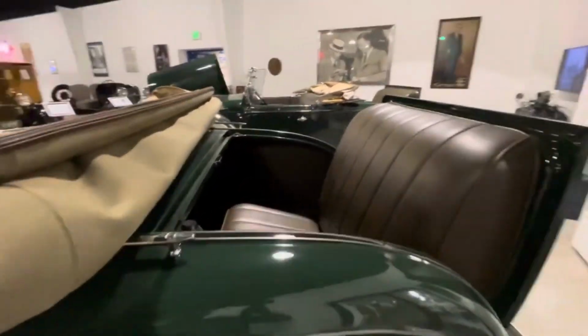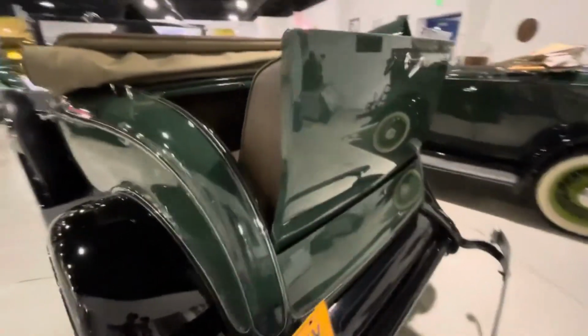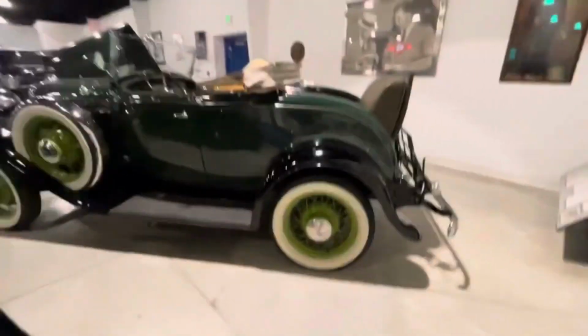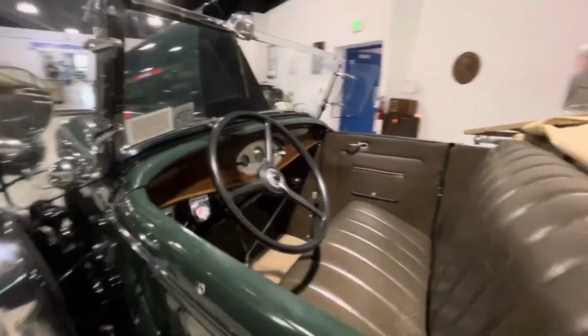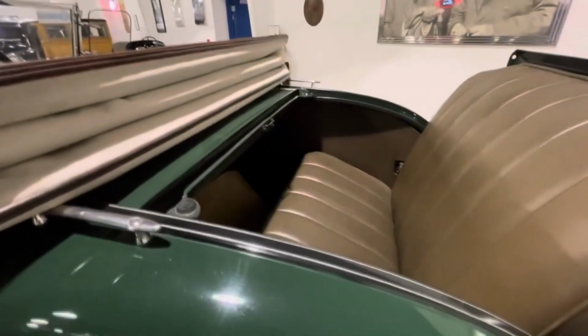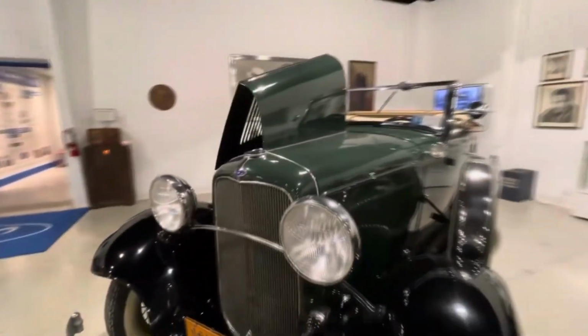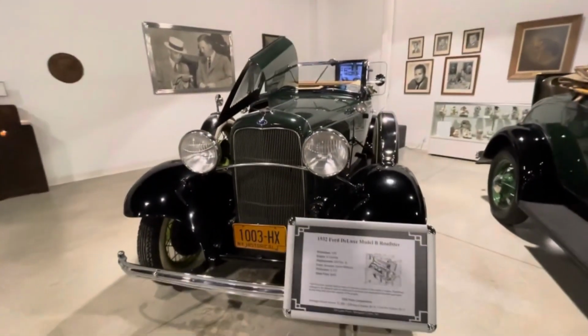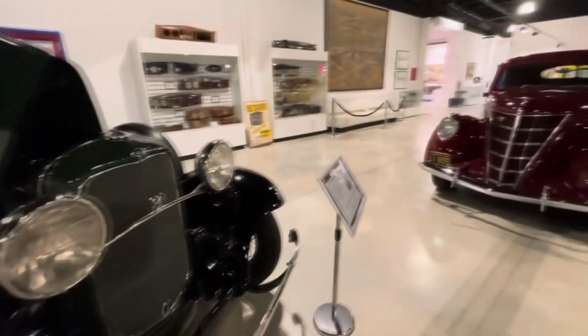So they got the pop out back seats. Pretty amazing. Look at these cars, the spoked wheels and everything like that. Another Roadster here, maybe another year, but they also have the back seat opens up like a trunk. A 1934 Ford Deluxe Model B Roadster is what that one is. So they got,